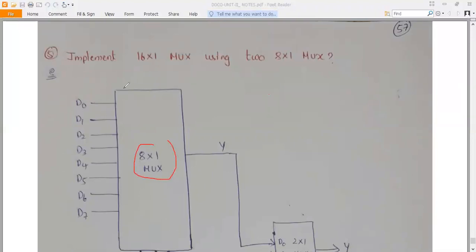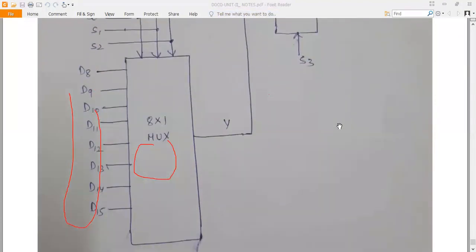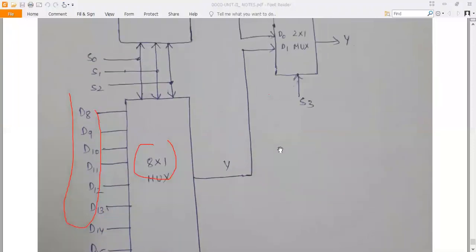A 16:1 multiplexer has 16 inputs, that is 0 to 15. So D0 to D7 I am taking for one multiplexer, and D8 to D15 I am taking on the other multiplexer.